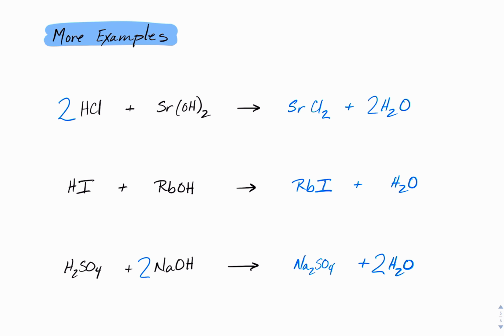So here are the answers for your predicted products and the equations balanced. And as you know, going through the complete to the net ionic equation should give you a net ionic equation of H plus OH minus